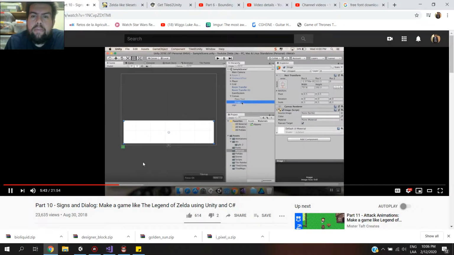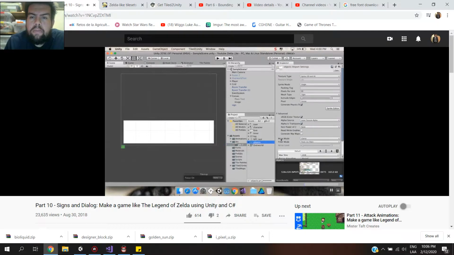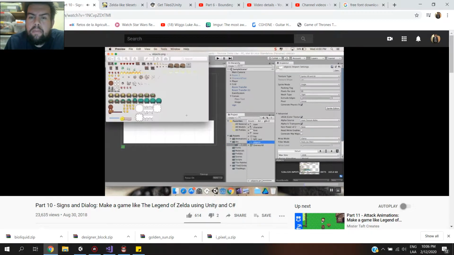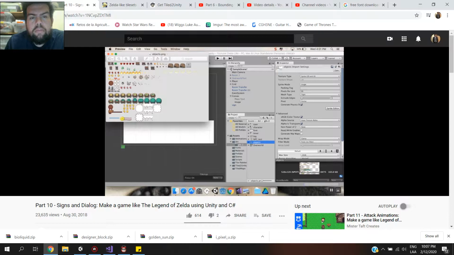And I'm also going to replace this with an image that comes with that package I gave you guys. This one is from the objects. So if we go into objects here, you can see that it comes with some little dialog bubbles. I want to use this one. You can have it so that it can be contextual, like maybe you're using a thought bubble, maybe you're using a speech bubble, maybe it's like a, oh my gosh, what are you doing bubble? So I'm going to